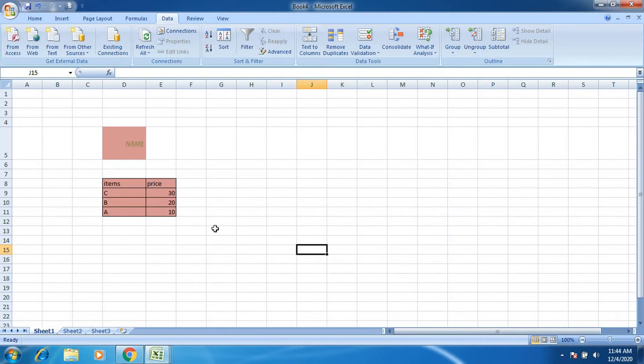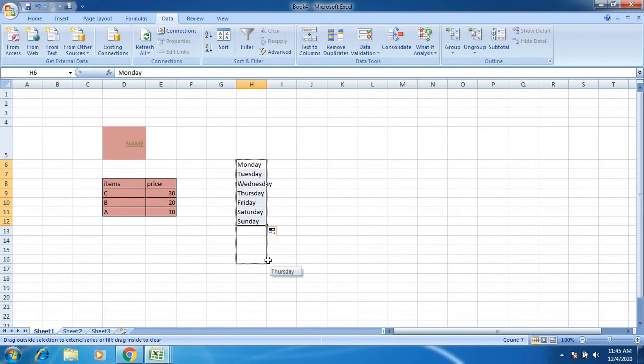And if I want to generate a sequence, how is it possible? Excel provides a particular feature to generate a sequence. Suppose I want to generate the sequence of Monday to Saturday. You just have to drag. The white cross will become a black cross. When it becomes a black cross, just drag this out. The particular sequence is generated. And if I drag this again, the sequence is repeated over here.